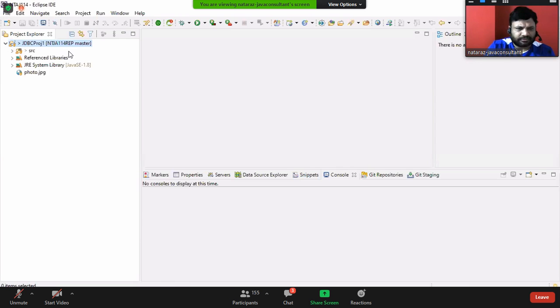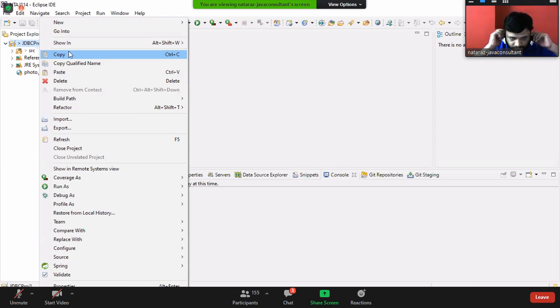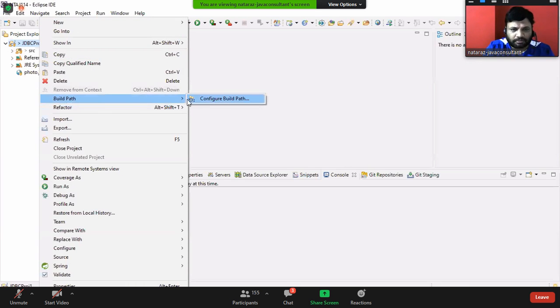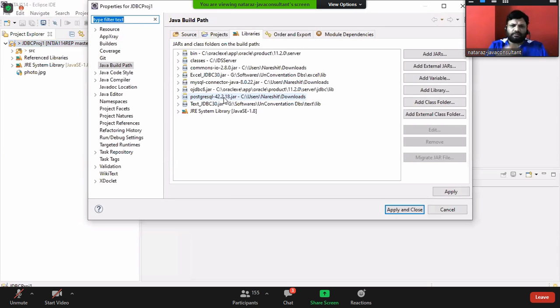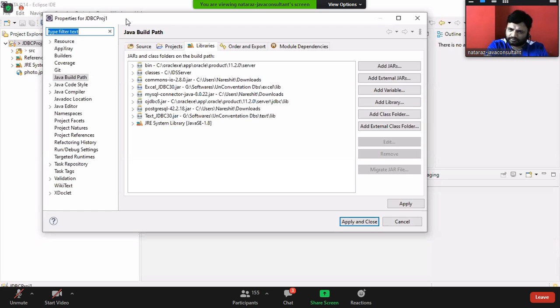Right click, build path, configure build path.